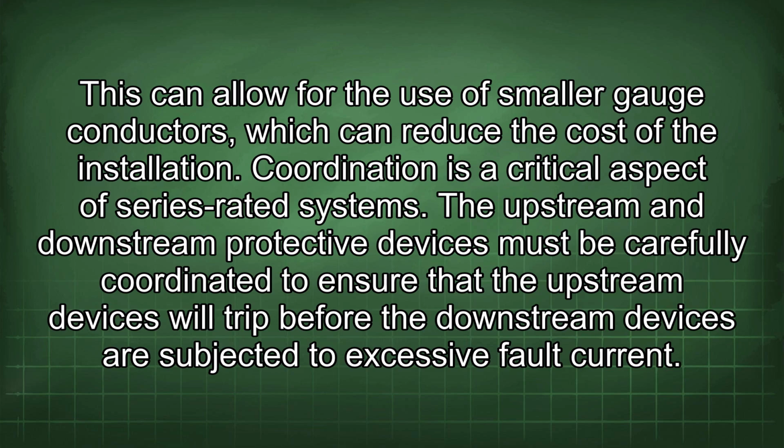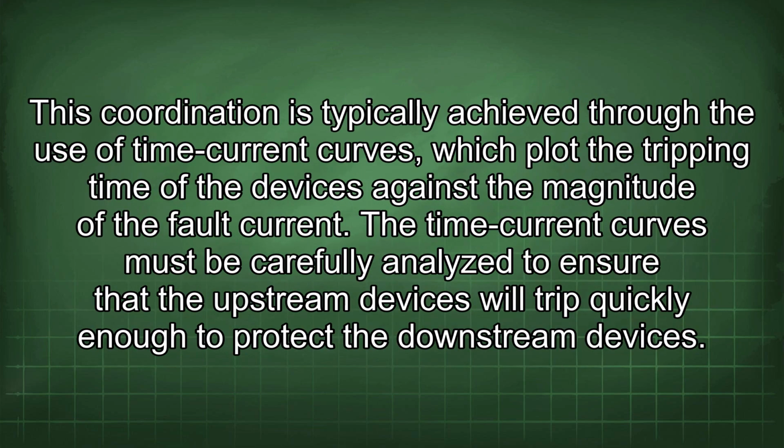Coordination is a critical aspect of series-rated systems. The upstream and downstream protective devices must be carefully coordinated to ensure that the upstream devices will trip before the downstream devices are subjected to excessive fault current. This coordination is typically achieved through the use of time current curves, which plot the tripping time of the devices against the magnitude of the fault current. The time current curves must be carefully analyzed to ensure that the upstream devices will trip quickly enough to protect